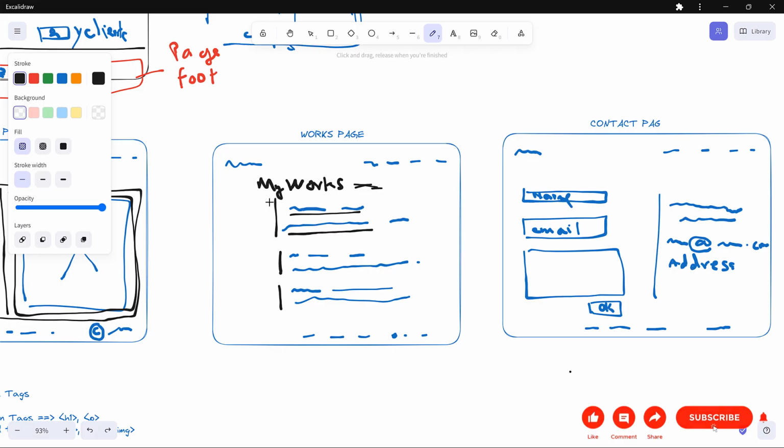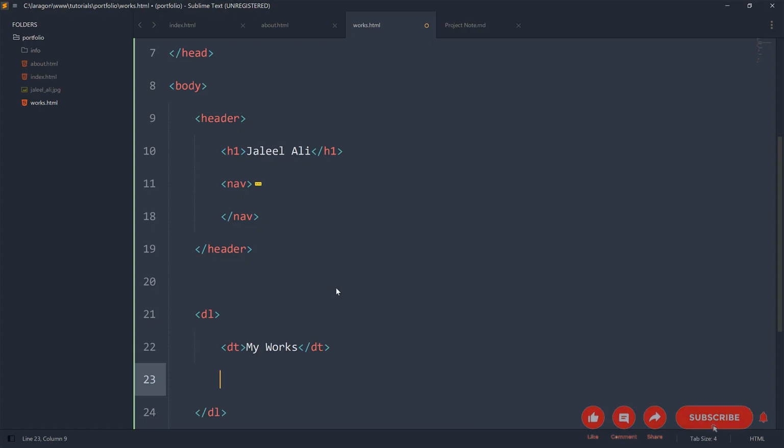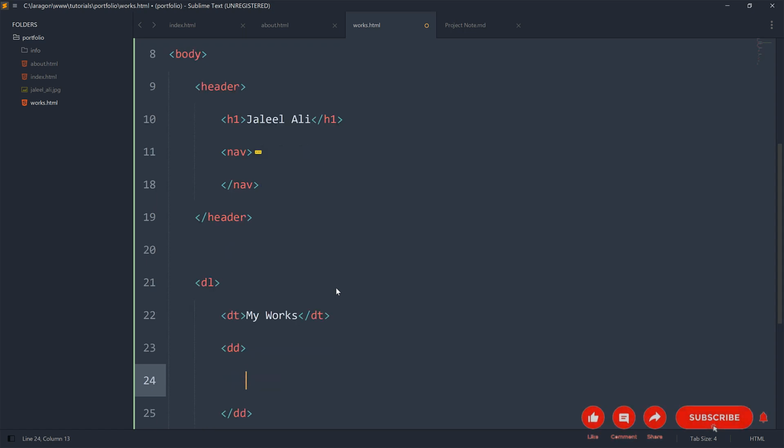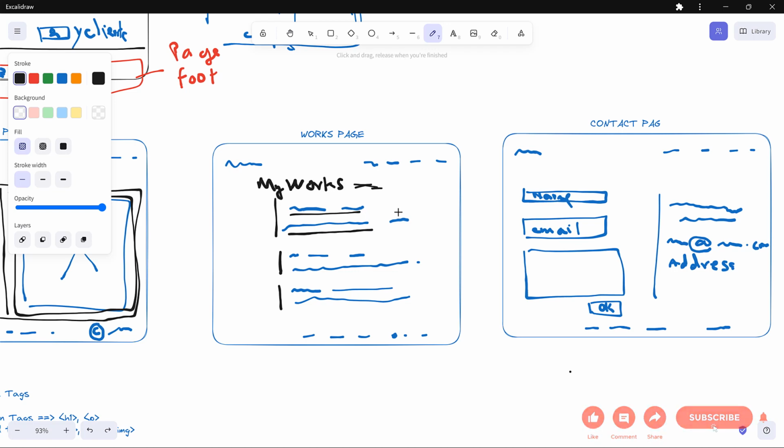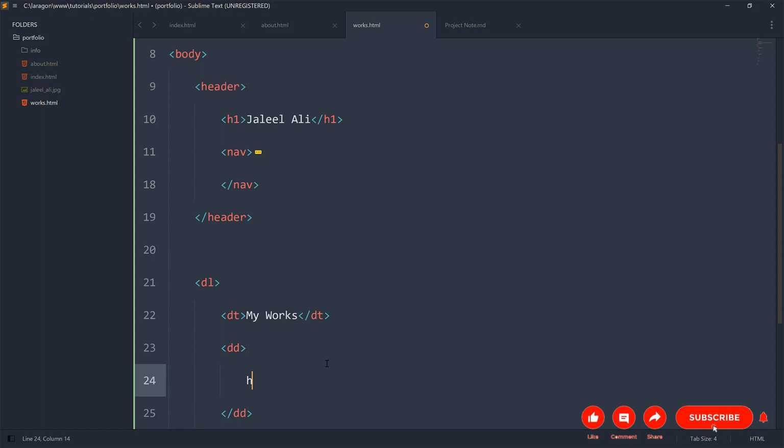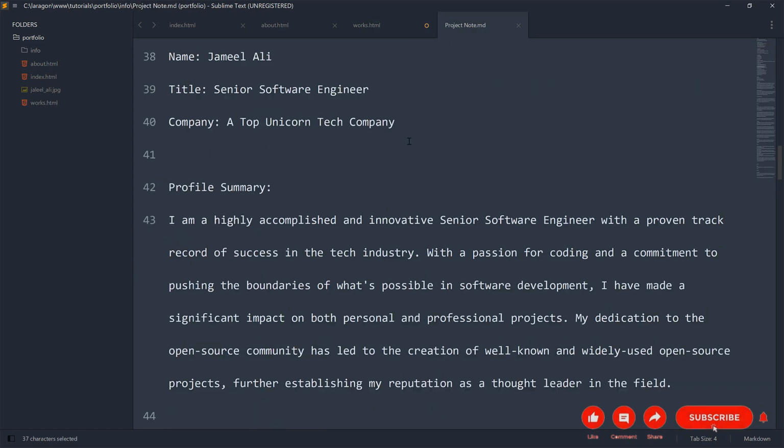Then comes the list itself, which is each one of these portions. To write the list, we now use the dd. In our dd, we can see that we have the title, and then some content. So here we can now bring in maybe some h4, since we've used h3 already, and then we write the first work. So if you check our project here,